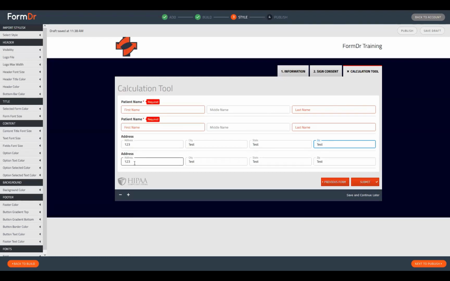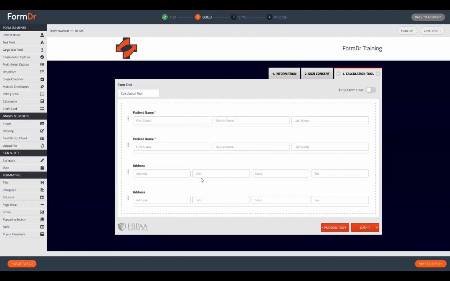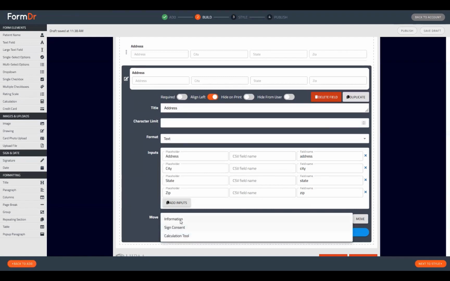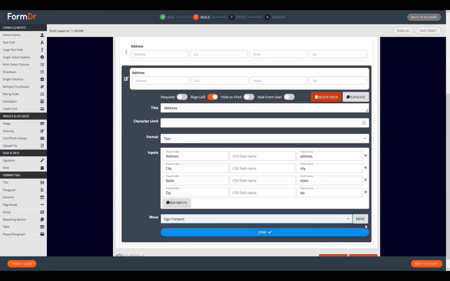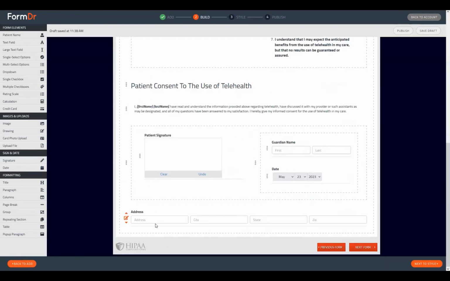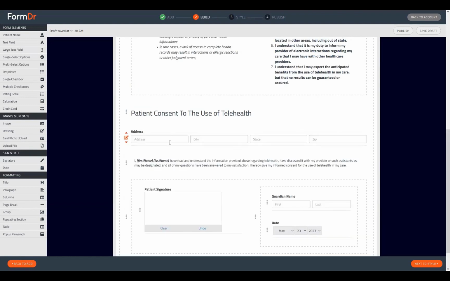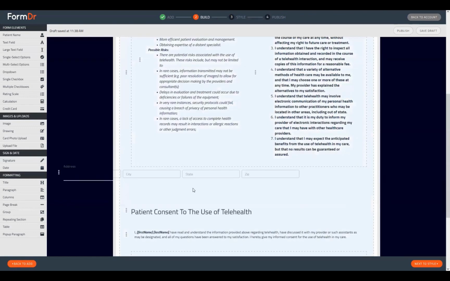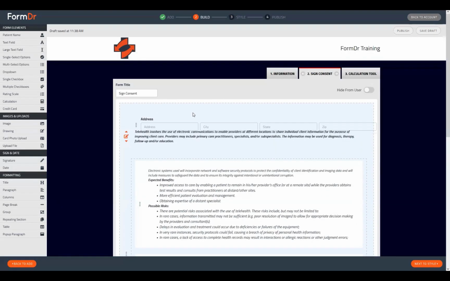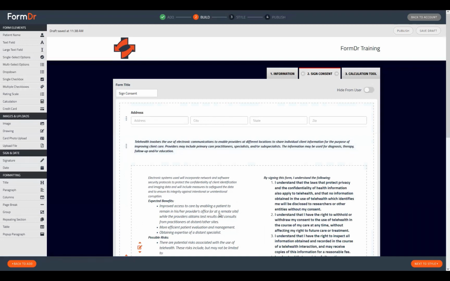And then we can move this address field to any of the other tabs if we want. It's very simple. If you have built it on that same page, you'll just want to open that up for editing and use the move function down at the bottom. You'll be able to select a tab to send that to. Just make sure to click that move button and it will send it to the very bottom of that page, at which point you can either use the arrows to move it up or down in the order of that page, or you can just click and drag it. Even while I'm holding it, I can use my scroll wheel on my mouse and just drop it into the desired